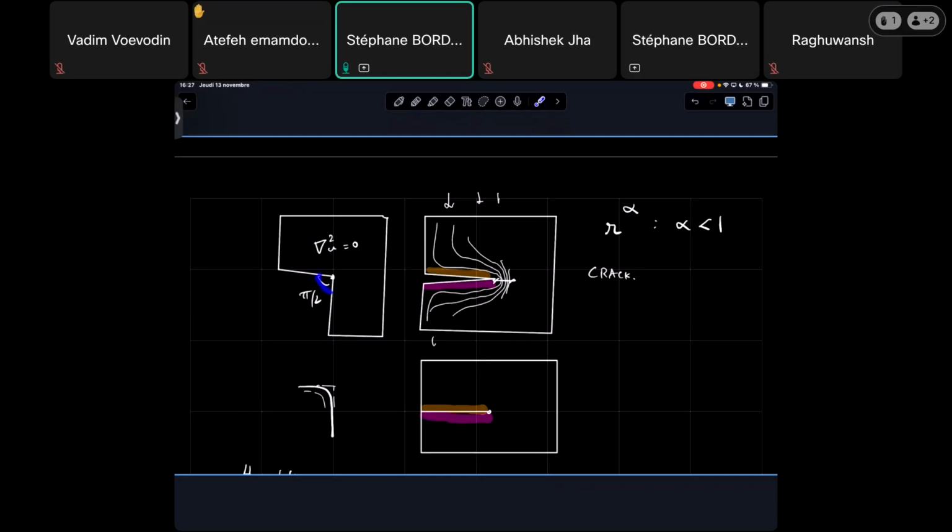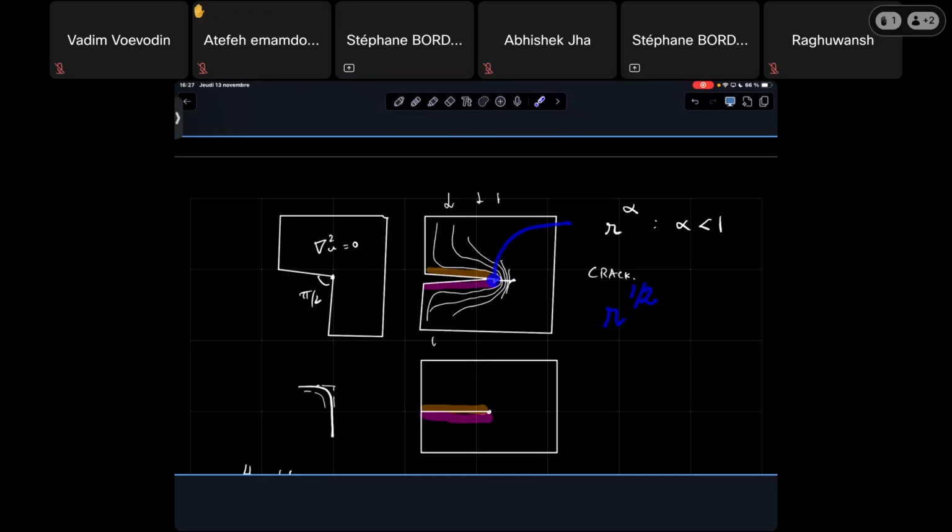Here you see the angle is effectively 0, or 180, or pi, 2 pi. When this angle is very small, you end up with an r to the 1/2 singularity, which means the solution will look like the square root of r. The first derivative of that solution looks like 1 over square root of r, which goes to infinity when r goes to 0. And that's, of course, not what you like, because